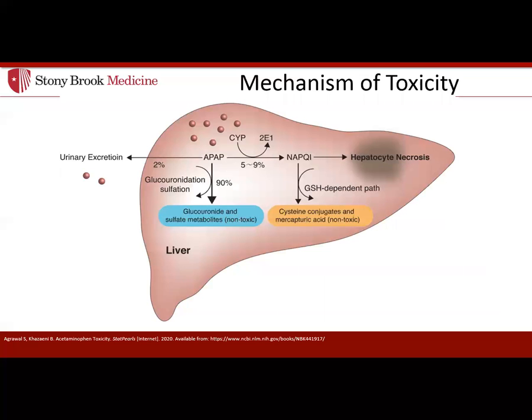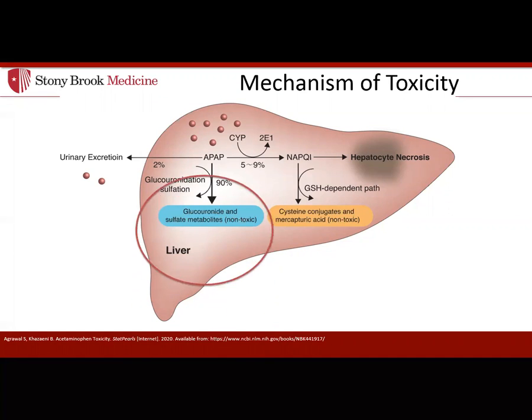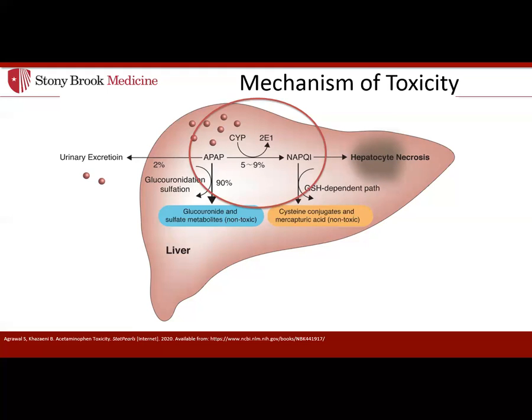So I'm going to go into a little bit about the mechanism of acetaminophen toxicity. During acetaminophen metabolism, around 95% of acetaminophen is metabolized by phase 2 enzymes into non-toxic conjugates. However, around 5 to 10% of acetaminophen is metabolized by P450 enzymes into a reactive toxic intermediate, which is known as N-acetyl-p-benzoquinone imine, or NAPQI. So in normal physiology, all of this NAPQI is conjugated by glutathione into a non-toxic metabolite